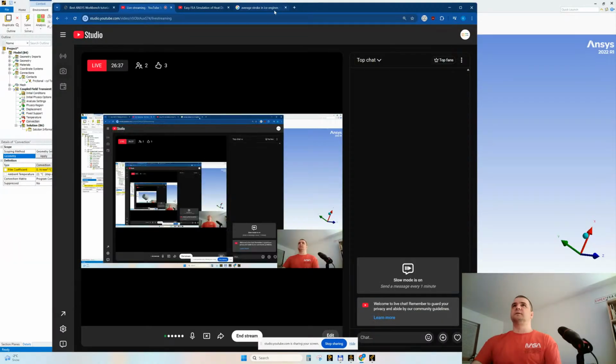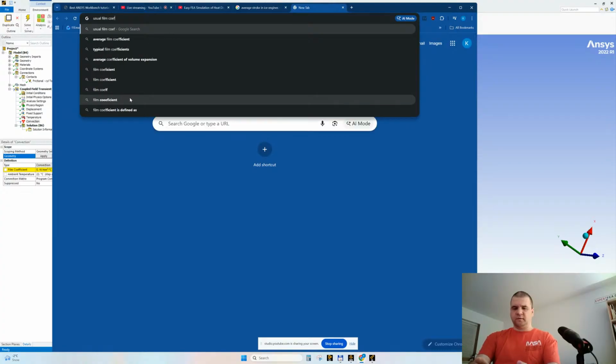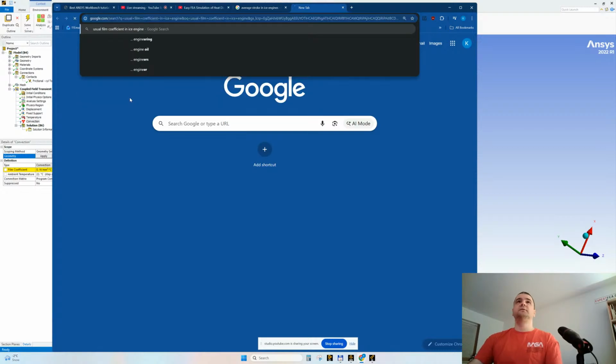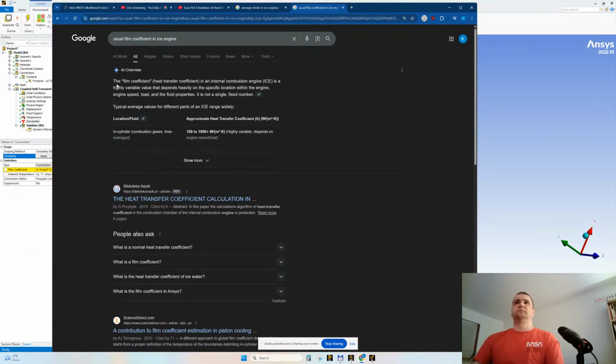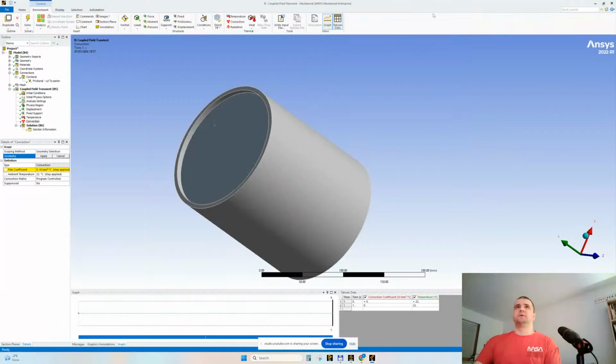Let's ask Google about a film coefficient. Usual film coefficient in ICE engine. It's in cylinder, 100 to 100,000 and more watt per square meter Kelvin. In order to have this measurement unit,